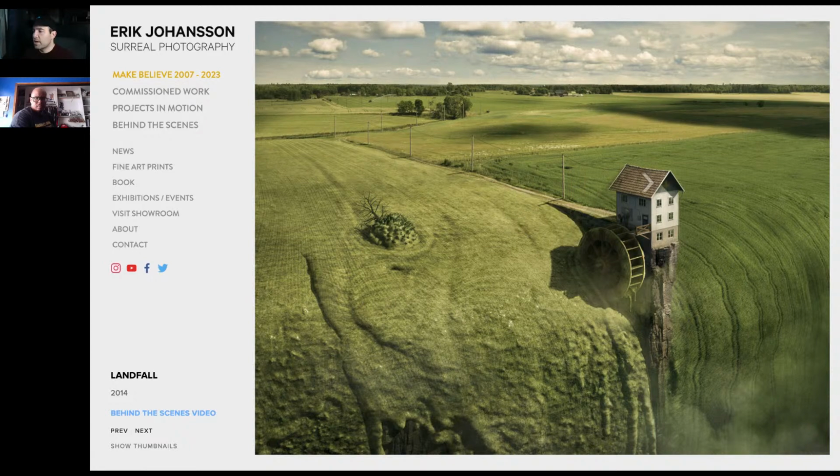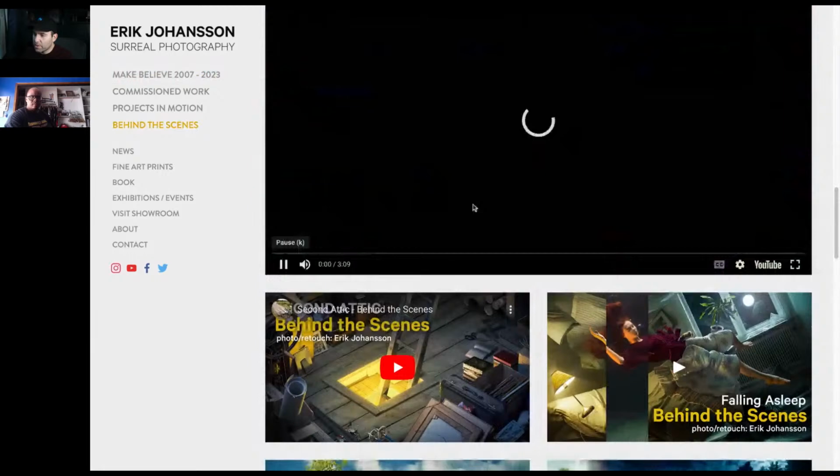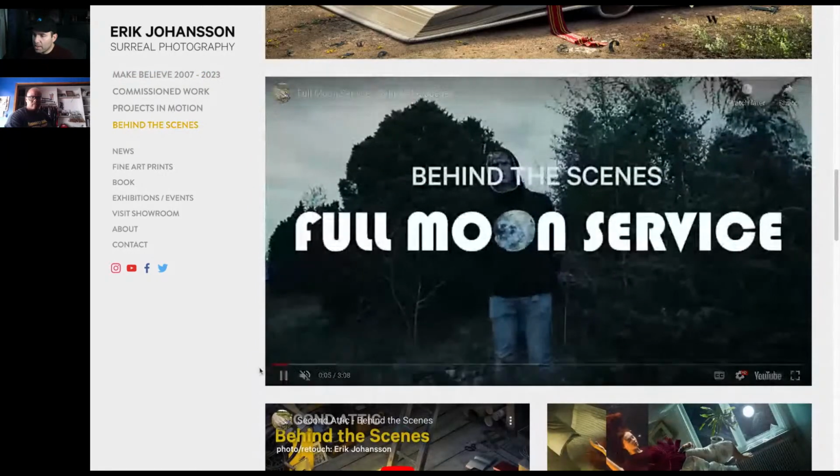Okay. Yeah, so this little building right here is actually a miniature that he made. And then actually let's see. Let's go to the behind the scenes video because it's really interesting. Behind the scenes night shift. That's not what I'm looking for. Oh, let's look at this one because I know this one. This is the one that I was looking for. So I'm going to mute it. But you can see like,